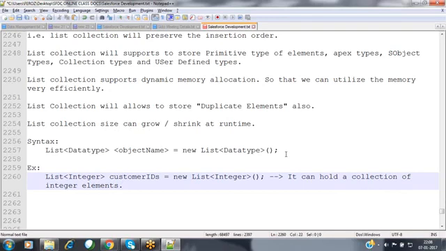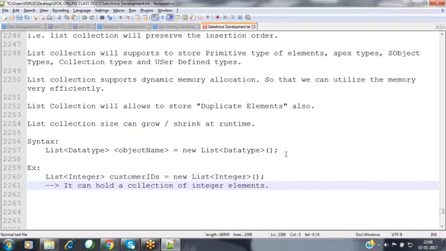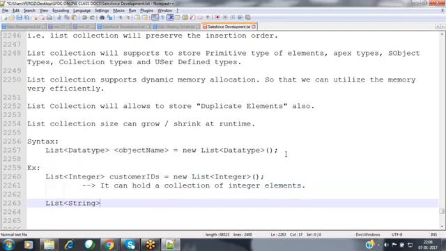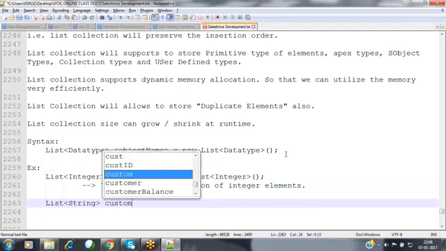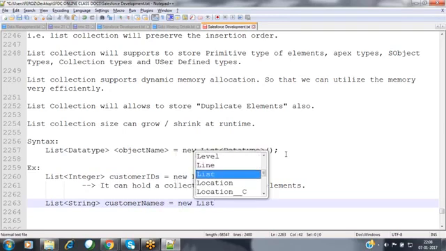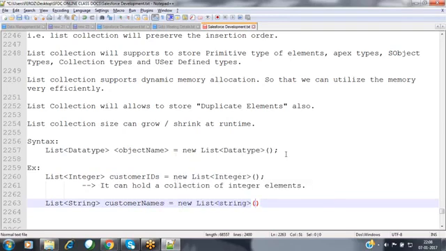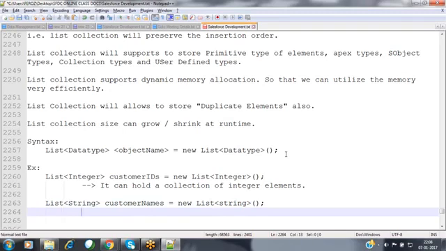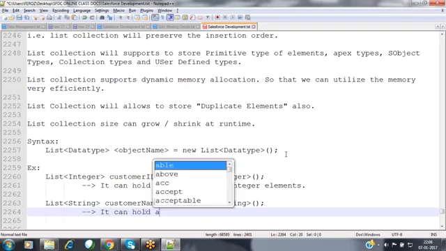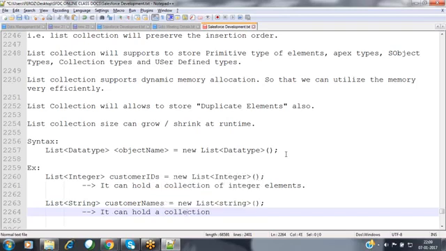Suppose you want to store only string elements, then you can define List of String, customerNames, new List of String. Now it can hold a collection of string elements inside it.